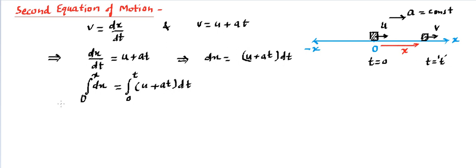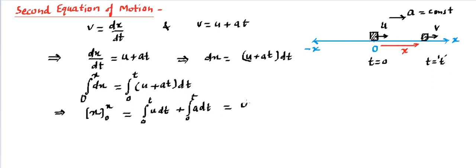And then performing this integration, which we have recently understood, is going to be critical. So this is going to be the integration of dx, and place the limit from 0 to x. Here you know the rules. This can be opened up, so it's going to be u dt from 0 to t, and this is going to be integration of a t dt from 0 to t. You can write directly if you have got all the points, and here you can take this u outside and then integrate.